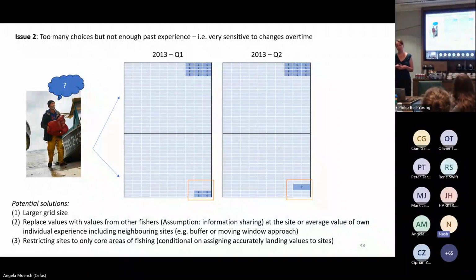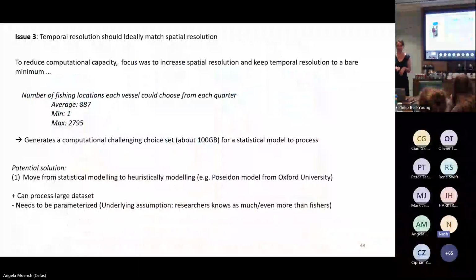You could also just say, look, we don't really need it as small as it is now. We can just restrict ourselves to core fishing areas and play around there. If any of them really works, who knows? This is the research part, which is the fun part, but can also be the frustrating part.